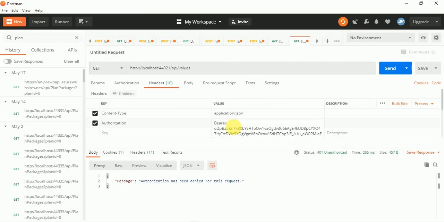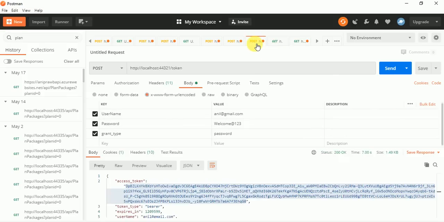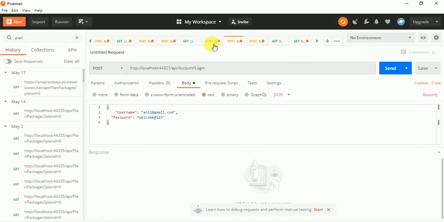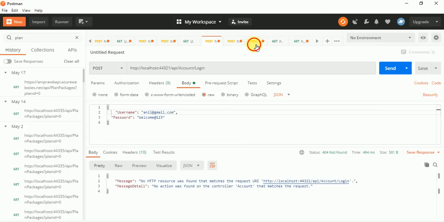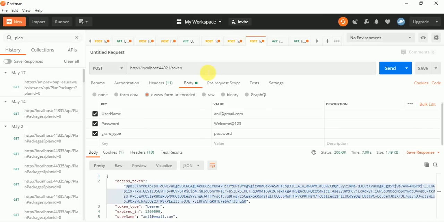Okay, so I think you can understand what the use of a token is. Basically, I first registered the user, and using the same user I logged in. I just called the token API service, and it's a kind of login, because if we are getting the token, it means our authentication has been done.